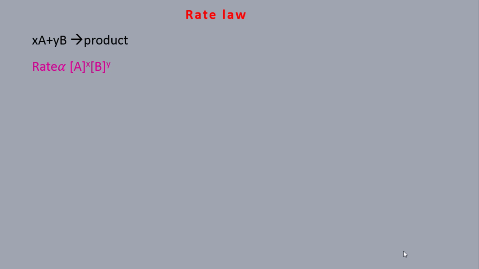A gives product. Rate equal to K into A power 0. That means N equal to 0. So zero order reaction. So rate does not depend on the initial concentration. பூஜ்ஜிய வகை வினைக்கு வினைவேகம் என்பது வினைப்படு பொருளின் தொடக்க செறிவு பொறுத்து அமையாது. Order can be 0 or fractional or integer. Order is assigned for the overall reaction.